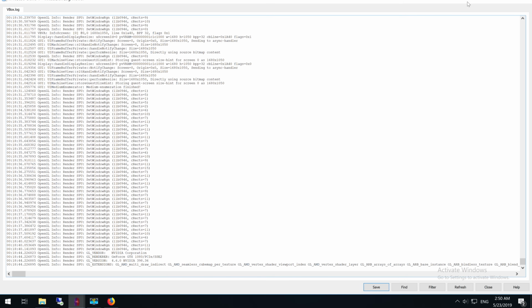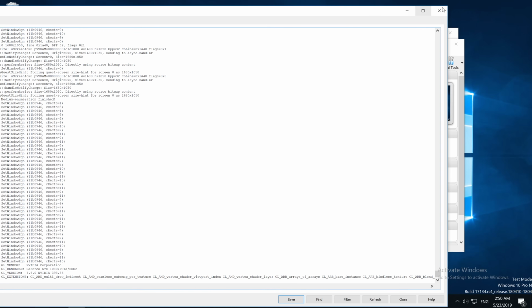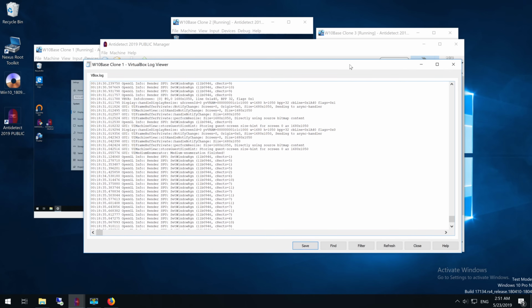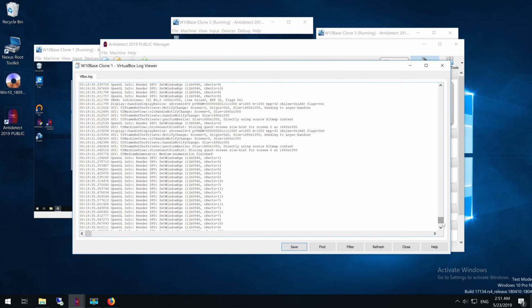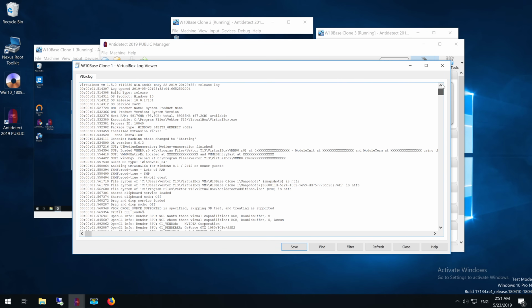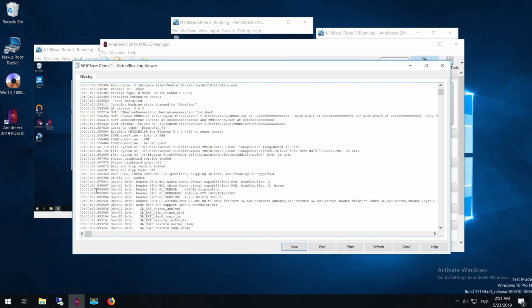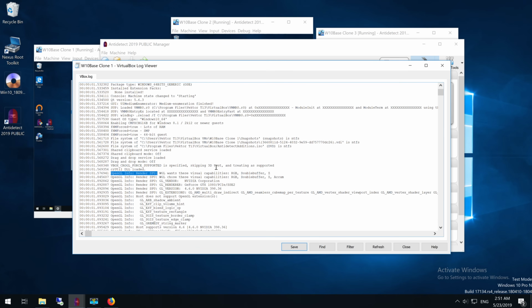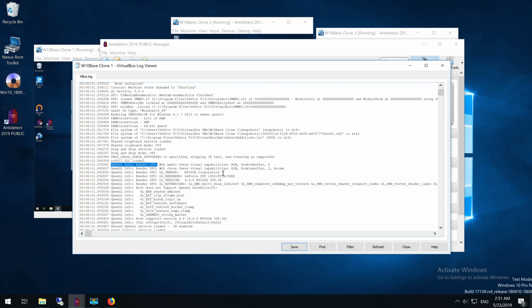You see there is a big log file. I'll now try to make it a little bit smaller. Yeah, that's okay. And we go to the top. We need to find the string named OpenGL info. Yeah, you see them? So you must find the strings OpenGL info, render SPU, GL vendor, and you must find